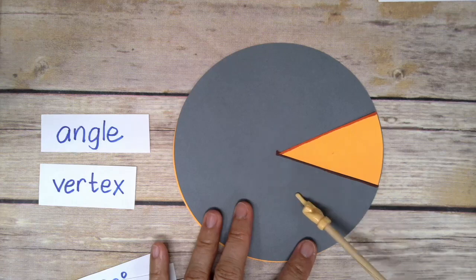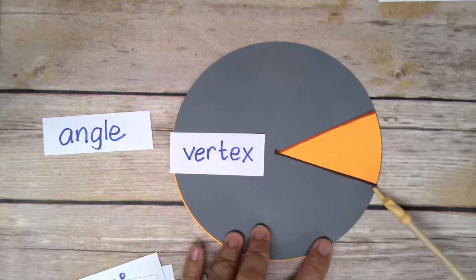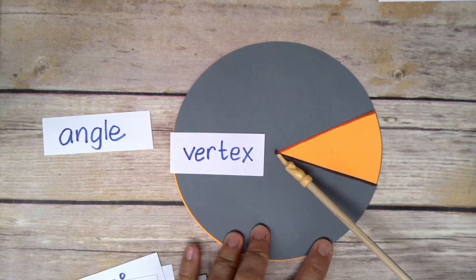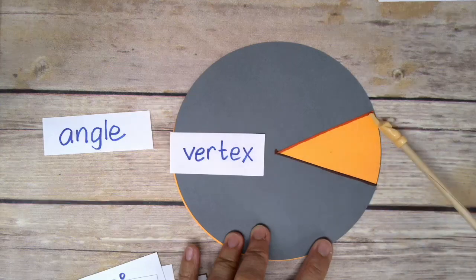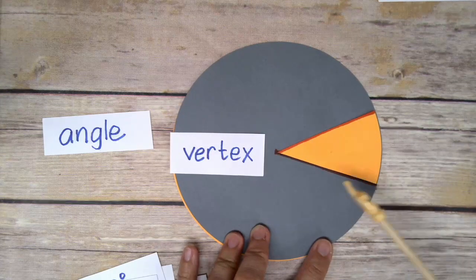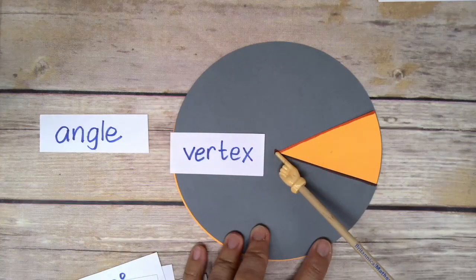This fixed point is what we call the vertex. And you can see that it is still the intersection of this line segment and this line segment. So this particular shape is what we call an angle, and the center of the circle now becomes the vertex